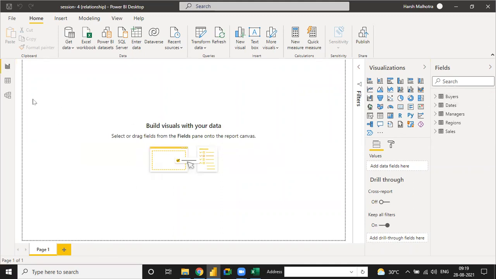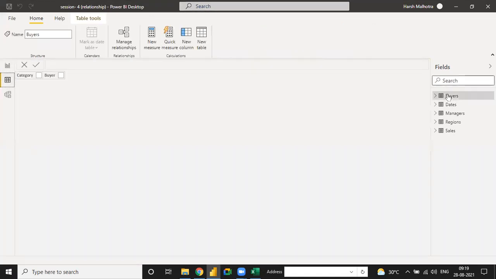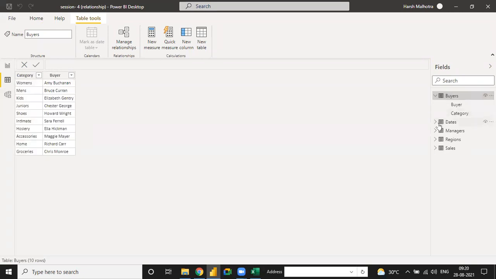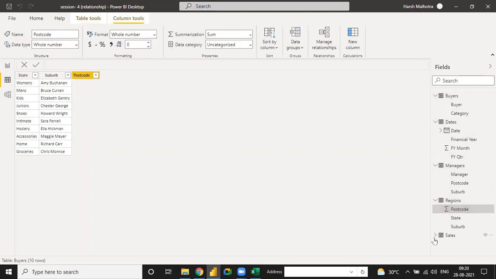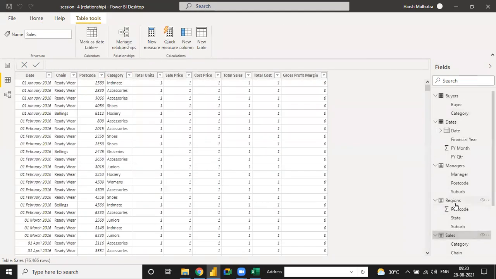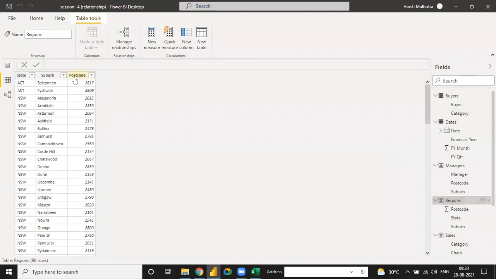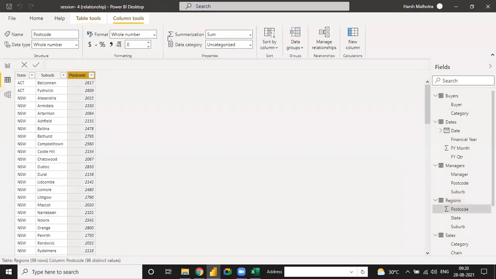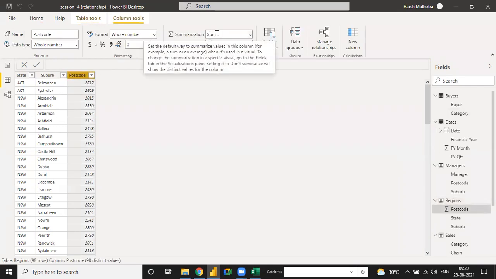Okay. So now we have to move to our next step. Under the buyer table, when you load the buyer table, it will connect all the columns we have. So now, first of all, we have to go to the region table and see the postal code. The postal code is a value as a sum, but we don't need a sum.